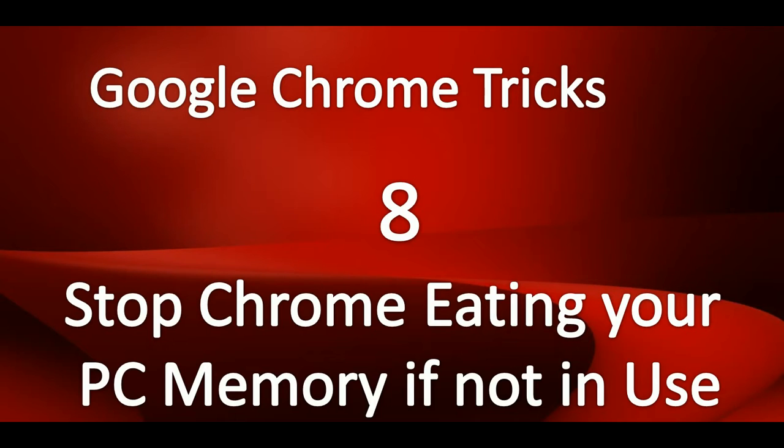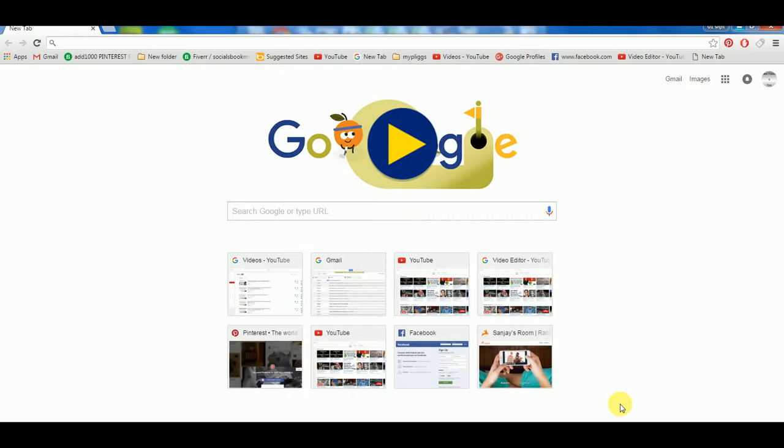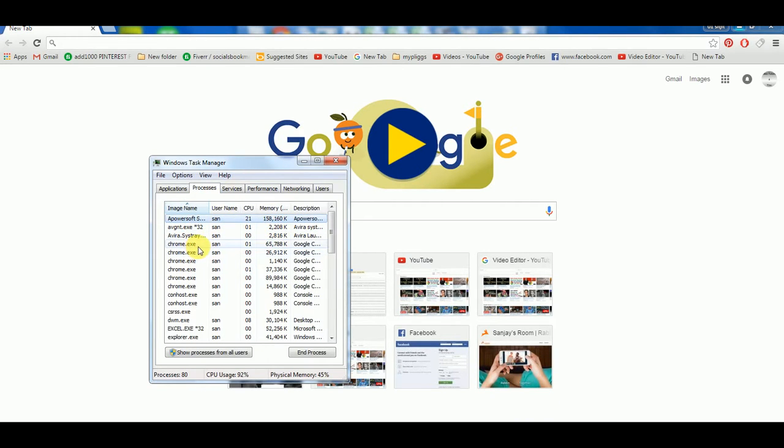These applications are just eating and consuming your memory and making your PC a bit slower. And if you are using a laptop, then it is also consuming your battery. So to get rid of these background applications that keep running after you shut down your Google Chrome, let's see how you can stop this behavior. As you can see, I am in Google Chrome, and if I go and see the task manager, I can see lots of applications are consuming RAM.